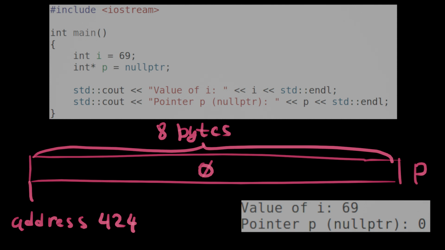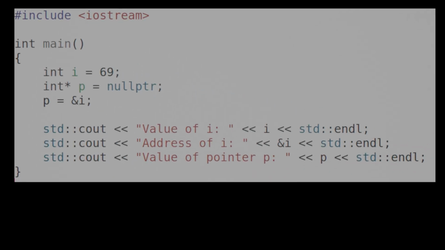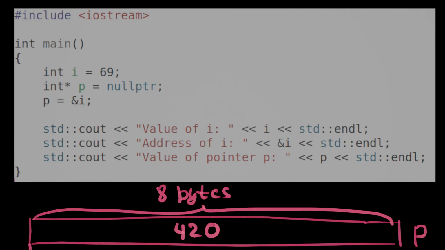Let's extend the program further. We assign to p the address of i. The ampersand i means address of i, which is 420 in our example. So now instead of storing 0, p stores 420. The program outputs: